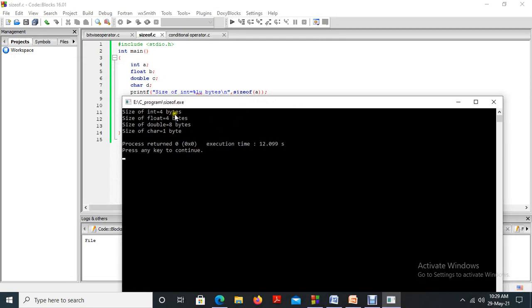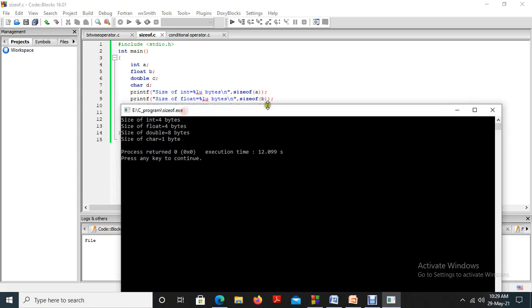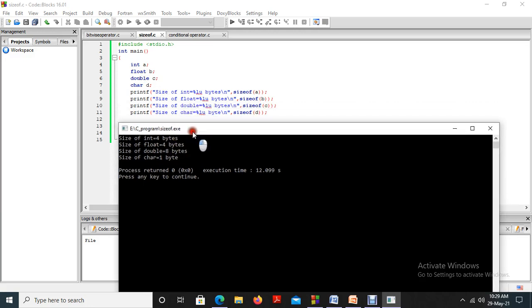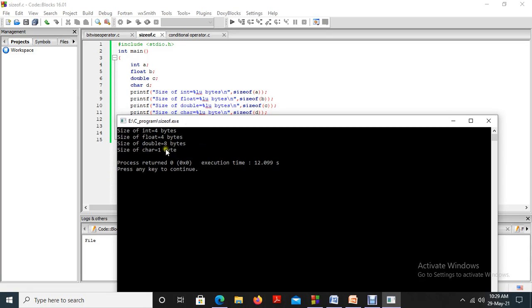I told you that with some compilers it is 2 byte and with some compilers it is 4 byte. Here it's a 32-bit machine, so 4 byte. My machine is 64 bit, so it supports 4 byte. Next one is size of float, that is 4 byte. Size of double is 8 byte. Then size of character is 1 byte.